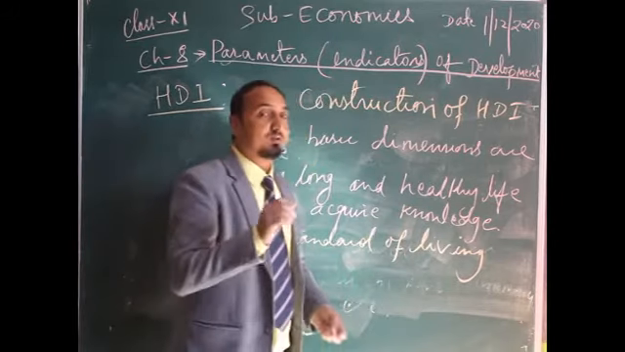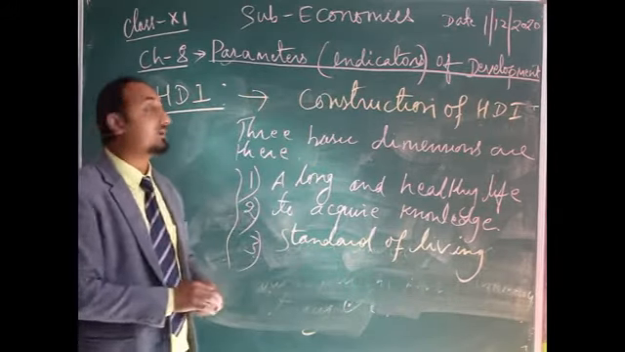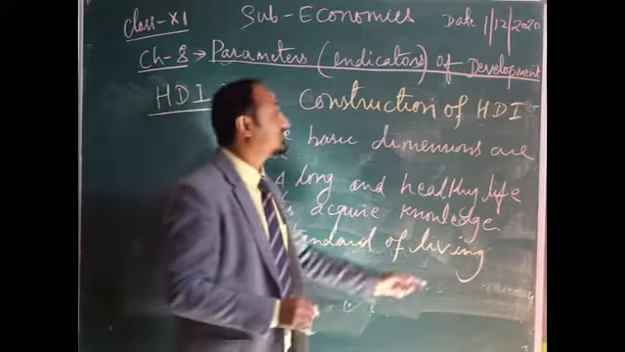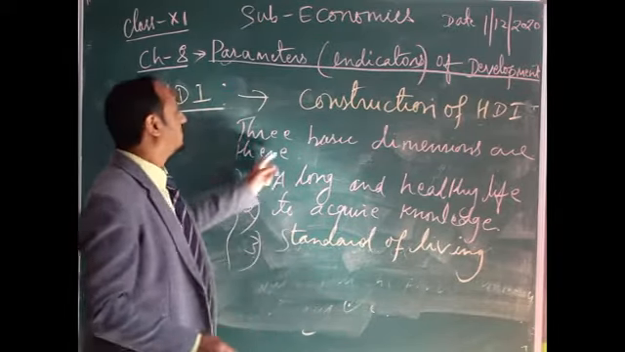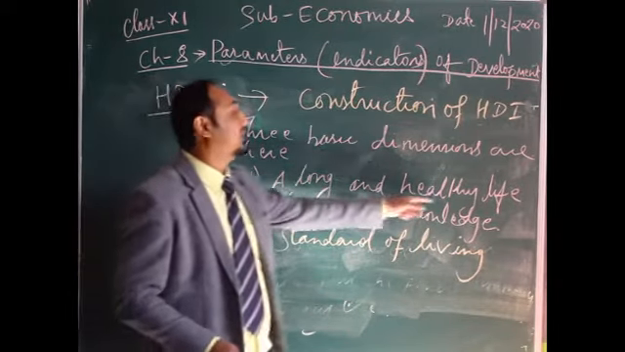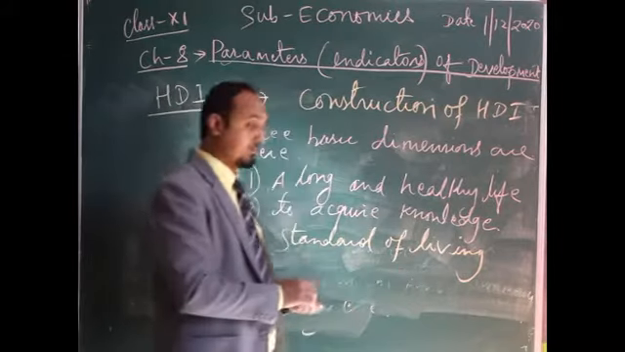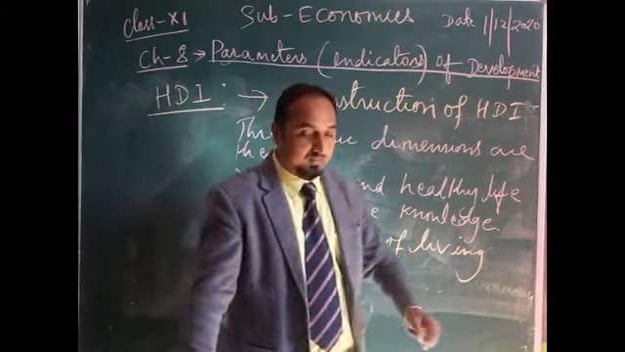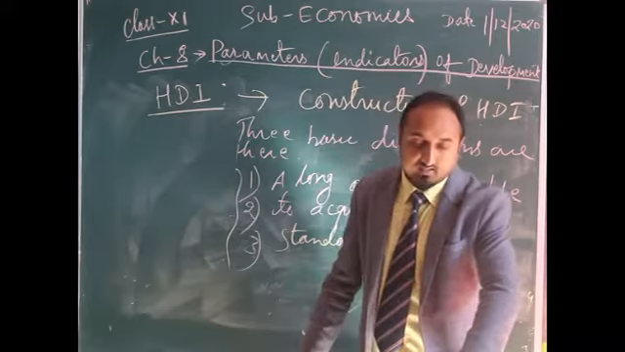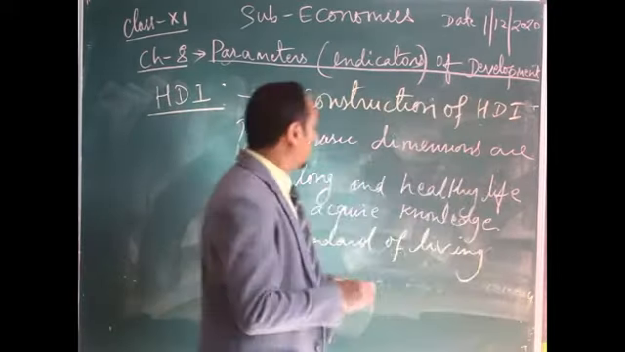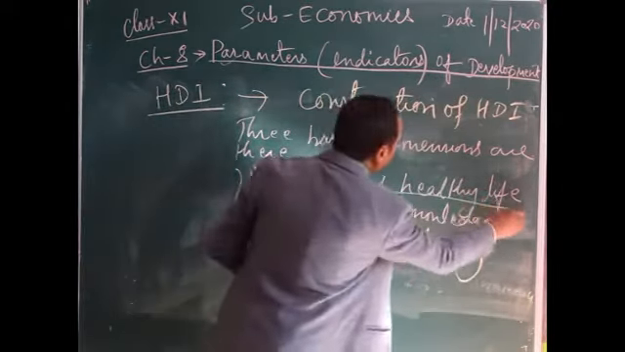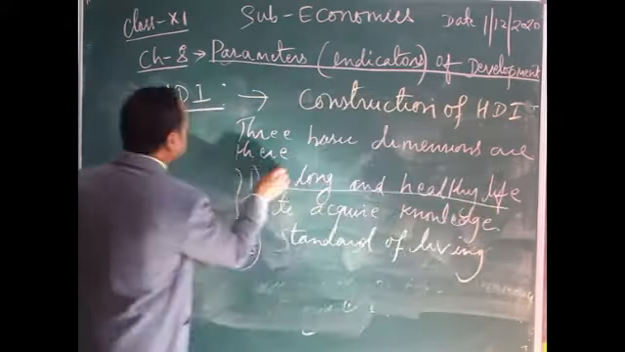And what are the things that are included while constructing this HDI? We have to know that. So the three basic dimensions are long and healthy life, the three basic choices that need to be prepared. Okay, now here a long and healthy life is measured in terms of